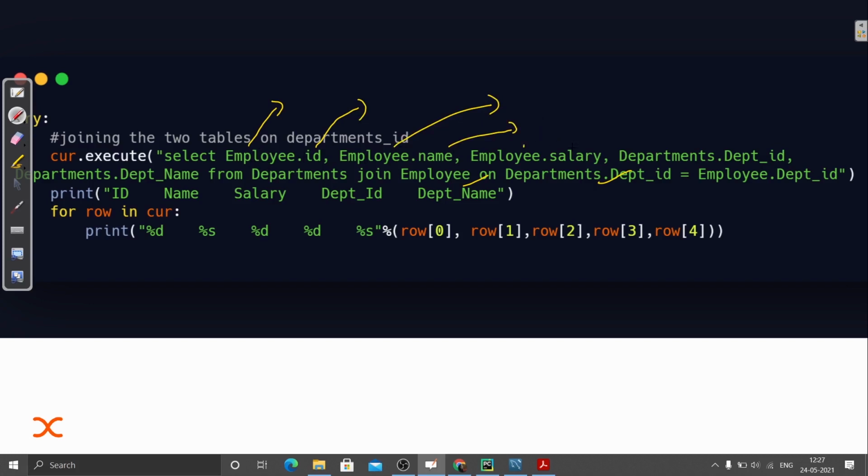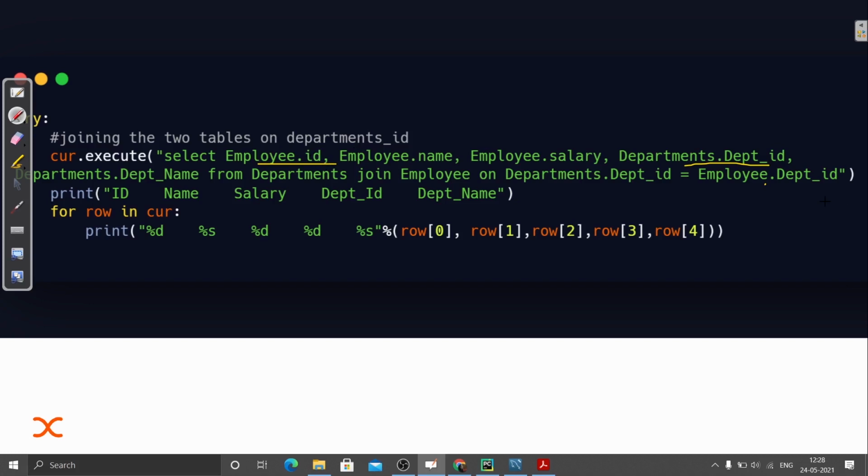From the employee table, I'm using this salary column, and then I have another table that is departments, and I have this department ID, that is the column of that department table. Then another, this one. Okay, these are the columns that we are using. From departments, join employee on employee, so that will be common.